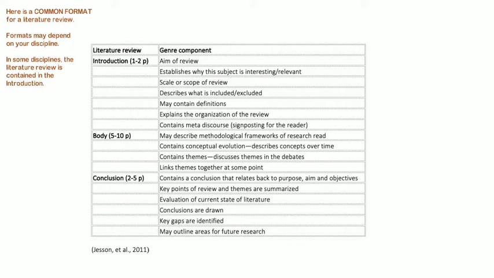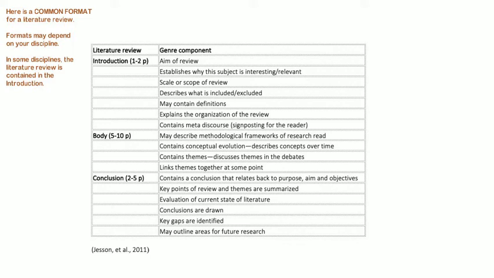So in the introduction, you would usually state the aim of the review, establish why the subject is interesting or relevant, state the scale or scope of the review, describe what's included or excluded. You might contain definitions in there, explain the organization of the review, and usually the introduction contains some signposting for the reader. That's the metatext or meta-discourse, and this is where you explain to the reader what's going to happen